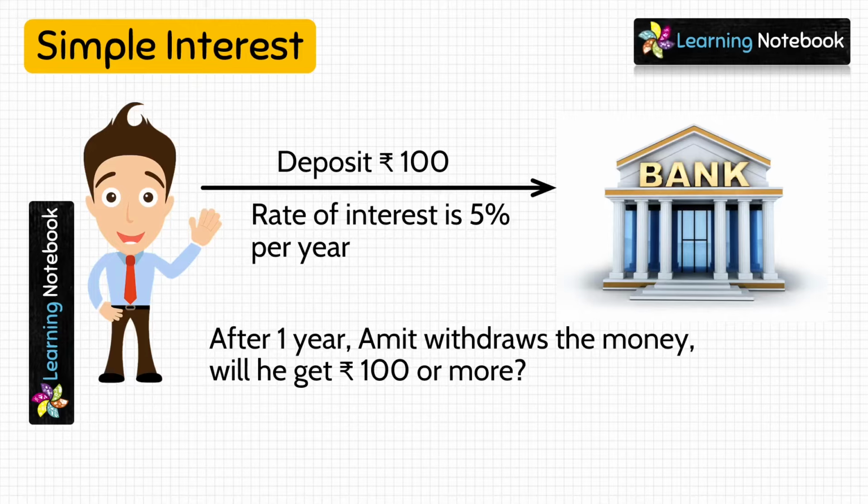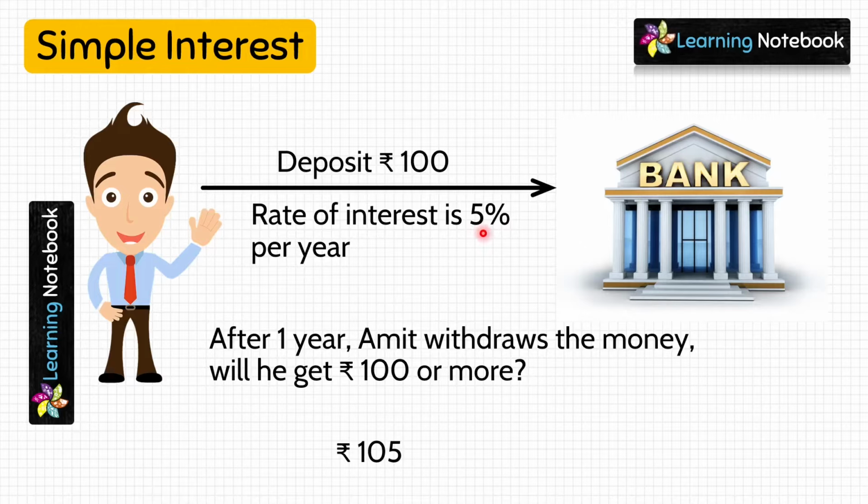So the question is, will he get 100 rupees or more? Yes, it will be more. He will get rupees 105. Why? Because there is a rate of interest, which means the bank has agreed to pay